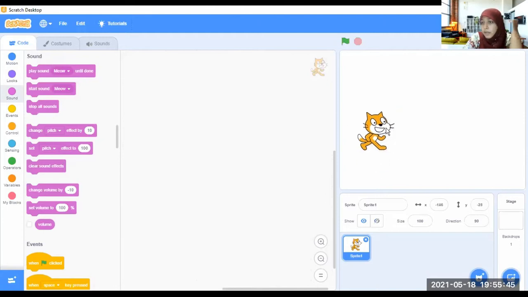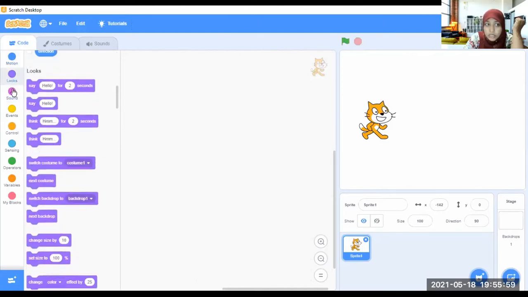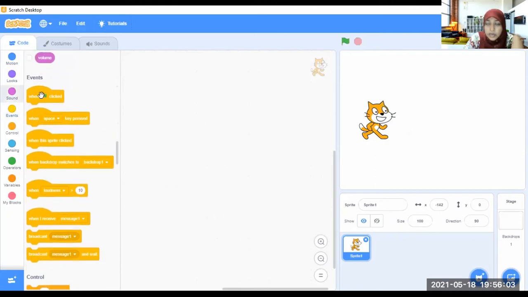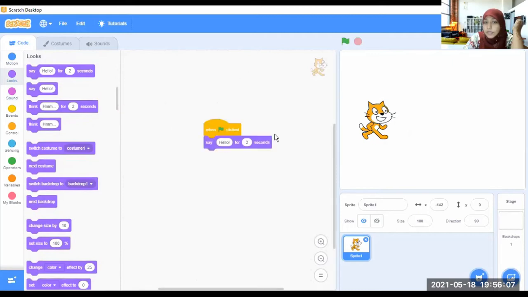Where do we script the sprites? In this script area. How to script these sprites? We should select the block tabs from here. Take the blocks and we can script the sprite, right?